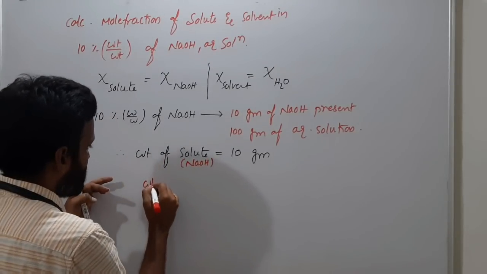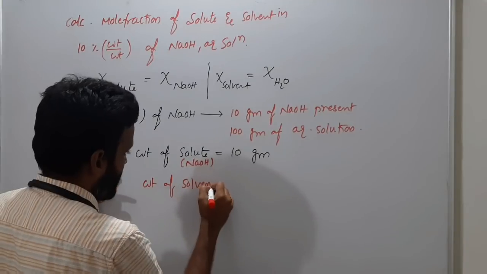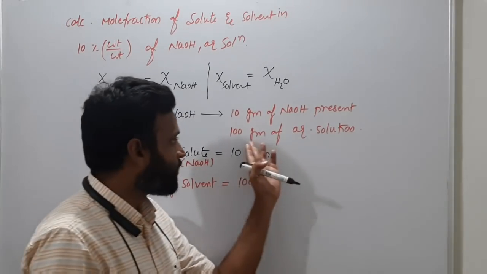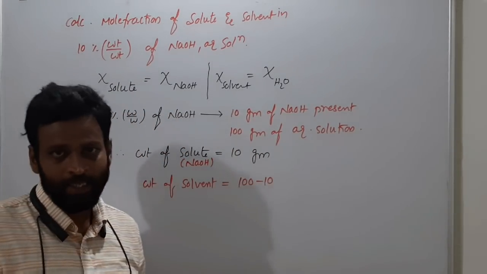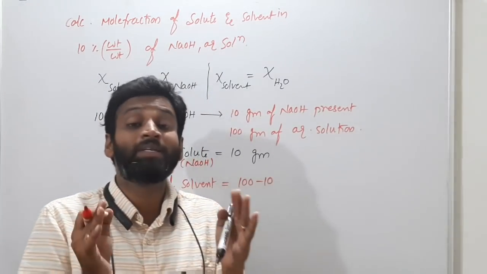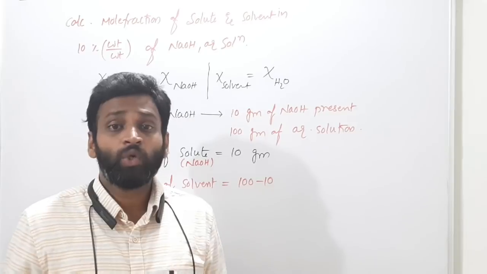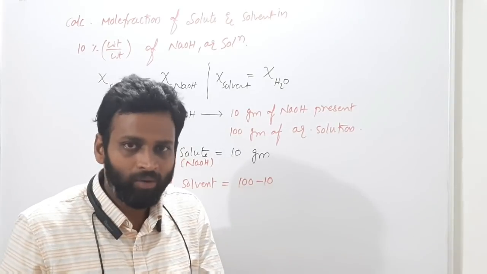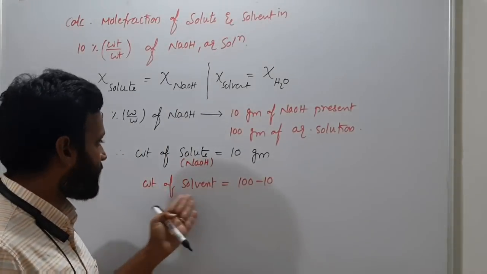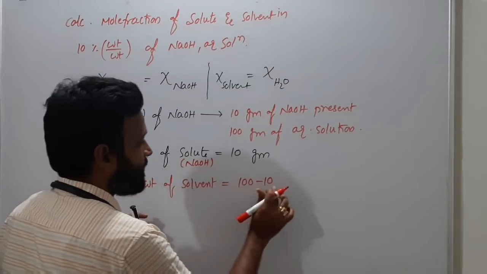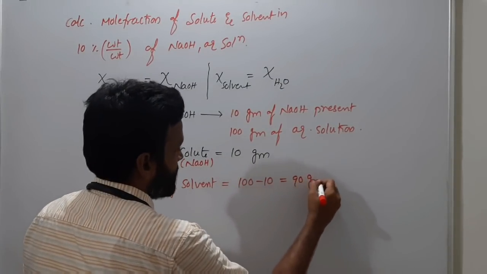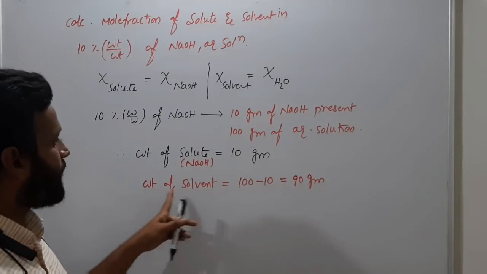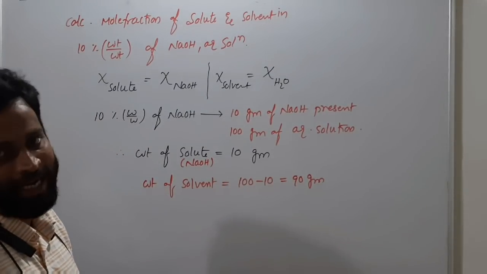And in same manner, what is weight of solvent? Weight of solvent means 100 minus 10. Because total solution weight is 100 because percentage. 10% is very simple. 10 grams present in 100 grams of a solution. So 10 grams is a solute. In solvent how much? From 100 you have to subtract the solute weight so that you will get weight of solvent. So weight of solvent is how much? 100 minus 10. That will be 90 grams. Clear? Weight of solute you have 10 grams. Weight of solvent you have 90 grams.